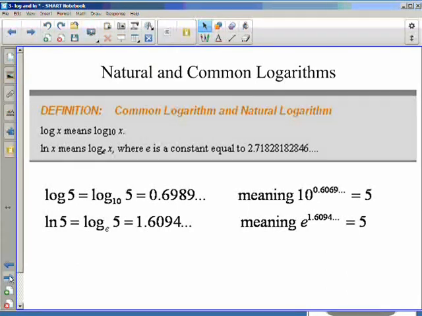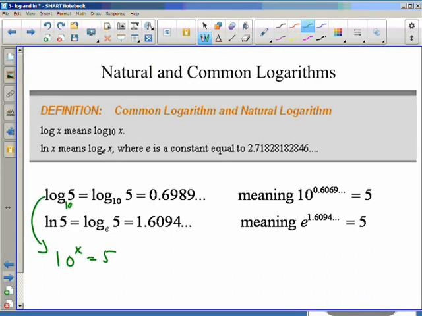From a computation standpoint, we can take the log base 10 of 5, and if you wanted to write that as an exponential, we'd be saying 10 to what power equals 5? And it turns out the answer is an irrational number. And it should make some sense that it's a number less than 1, because 10 to the 1 would get us too big. Likewise, if we used e,